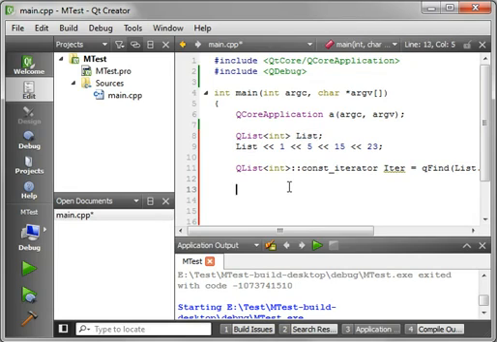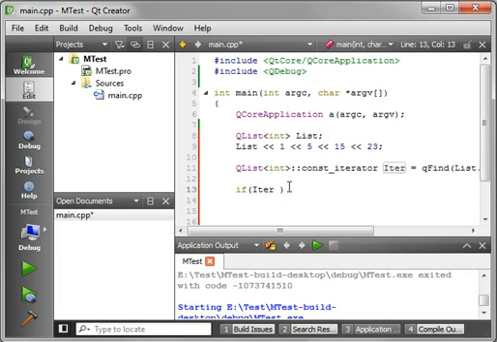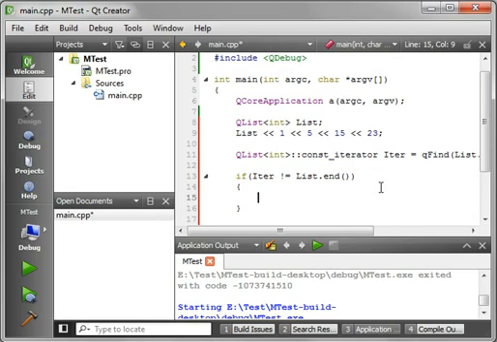And I'll show you what I mean here. If iter not equals list.end. I made a boo-boo here, bear with me. There we go. So if it doesn't equal list.end, or the end of the list, which is right here after the 23, then we found a value. So we'll say qDebug, and let's just say found, and we want to actually print the value out, so we will say iter, because remember this is a pointer,